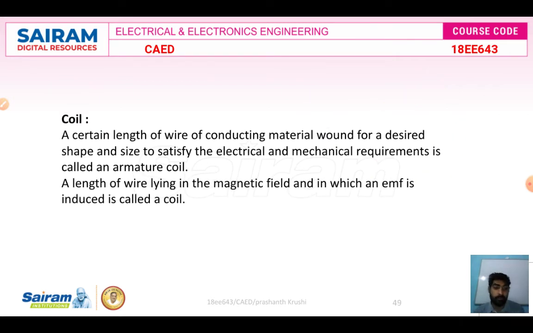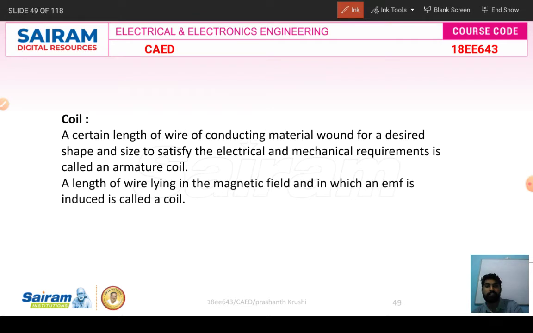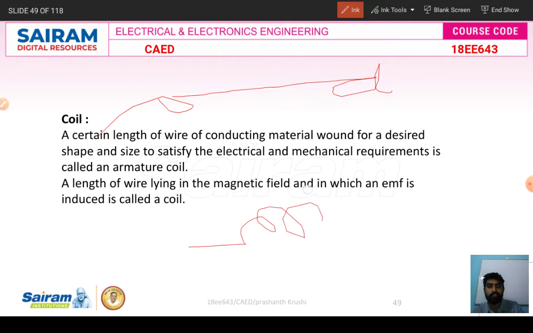Next is a coil. The number of conductors twisted around, or the number of turns present, or the length of the wire, is called a coil. I can give you one example. There is a wire present, a copper conductor having a definite length. Just consider there is a wire in your home. If I twist it like this, what happens? It looks like turns or a coil. It's called a coil, right?